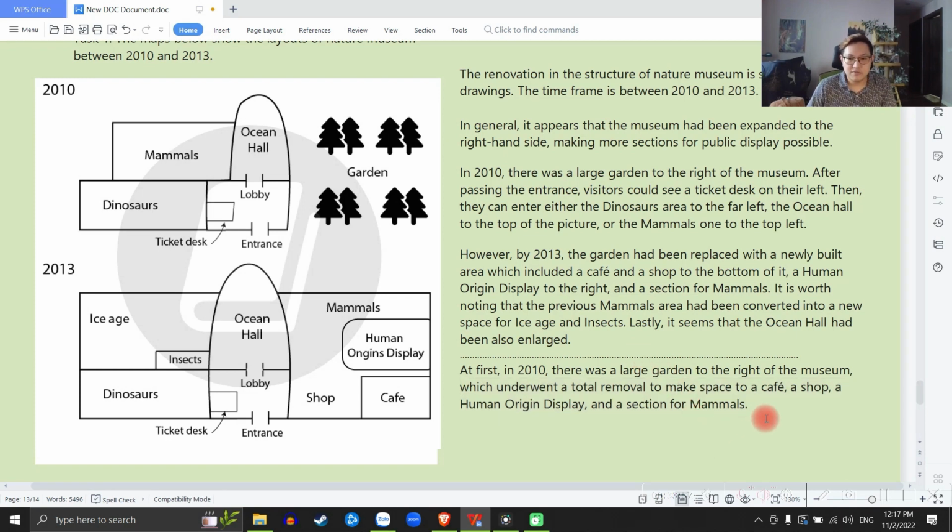Okay, and a section for mammals. And then they can enter. Okay, so about the part about people can enter this one, you need to make sure that you mention all the parts. Okay, các bạn cần phải đảm bảo là mình nhắc tới tất cả mọi cái khu vực, không được bỏ khu vực nào nha. So let's just say